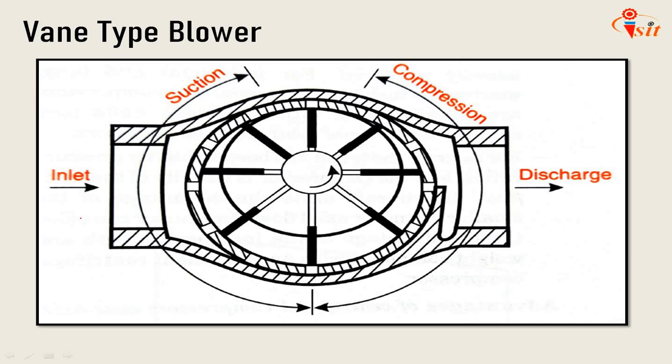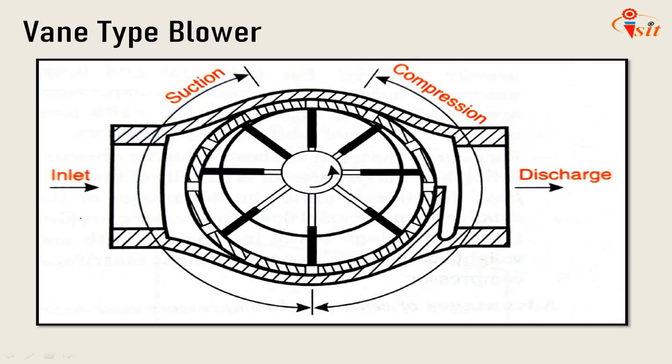As each blade moves past the inlet passage, compression begins due to decreasing volume between the rotor and casing. Delivery begins with the arrival of each blade at a delivery passage. This type of compression differs from that of the Roots blower in that some or all of the compression is obtained before the trapped volume is open to delivery. Further compression can be obtained by the backflow of air from the receiver, which occurs in an irreversible manner. So that is the working of the vane type blower.